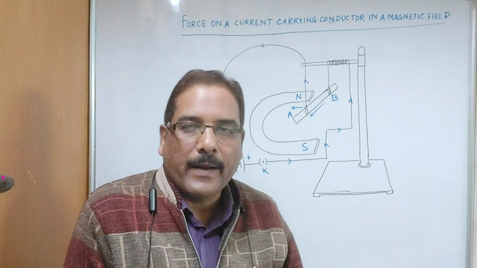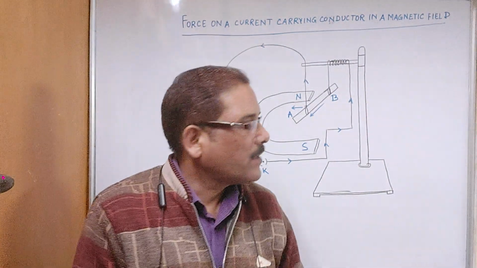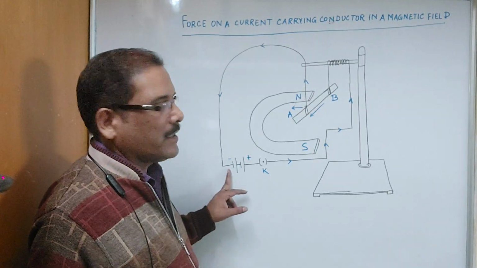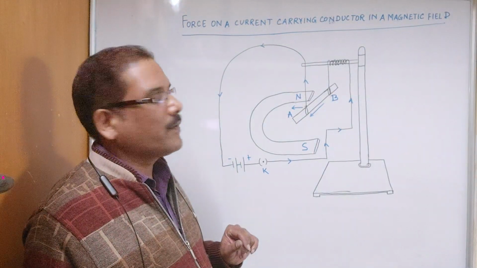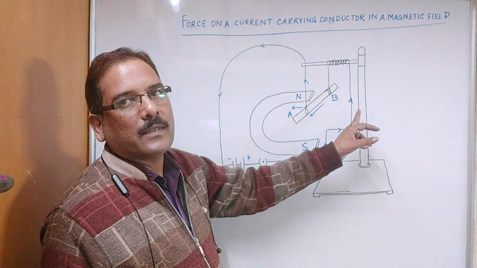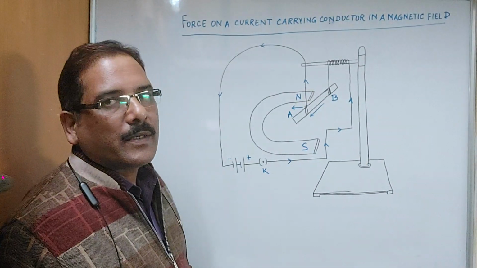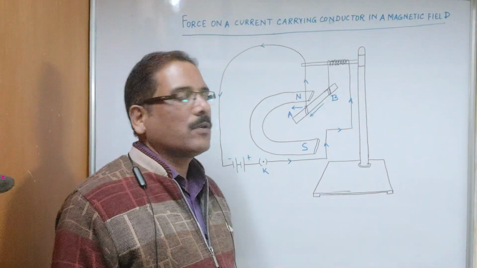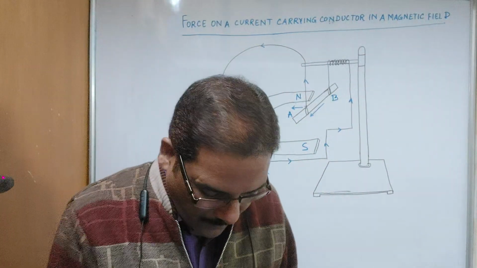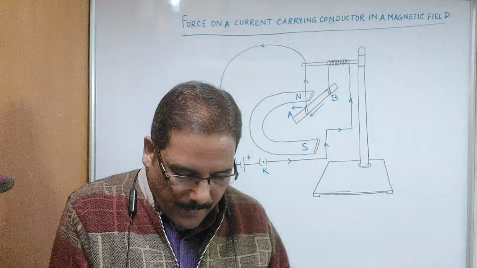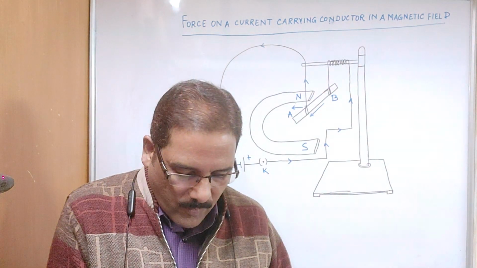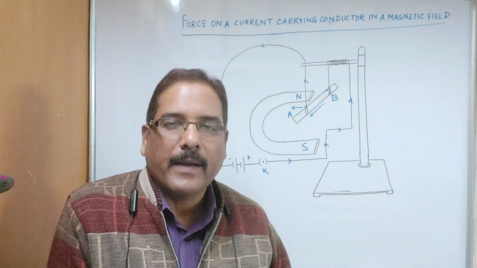Reverse the direction of current. Now how to reverse the direction of current? It means we make this terminal negative and this one positive. If you reverse the direction of current, you will observe that the rod is deflected towards the right, just opposite. It means as we reverse the direction of current, the direction of force also changes. The displacement of the rod in the above activity suggests that a force is exerted on a current carrying aluminium rod when it is placed in a magnetic field.